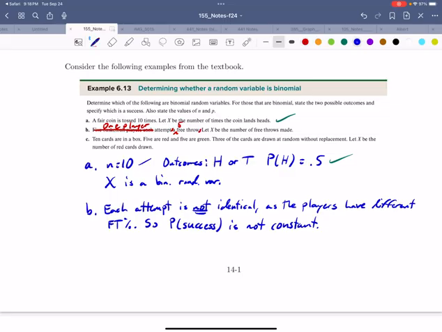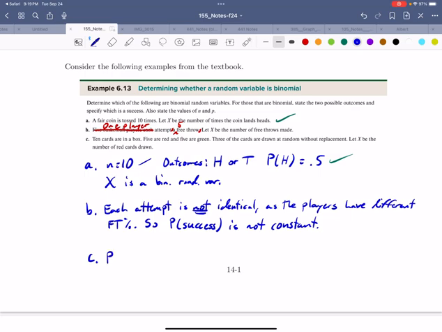And then part C, let's see. 10 cards in the box, 5 red, 5 green. Cards are drawn without replacement. X is the number of red cards drawn. Now this might look okay, except if we had made it, if it were with replacement, then it would have been binomial. But because it's without, it's just not, right? 3 cards are drawn. So,